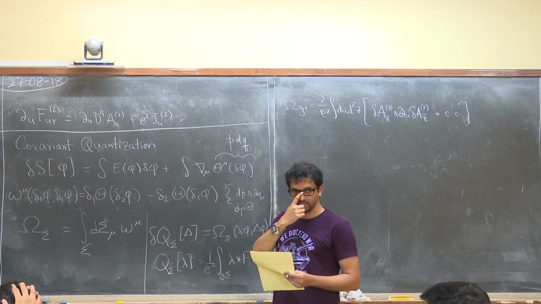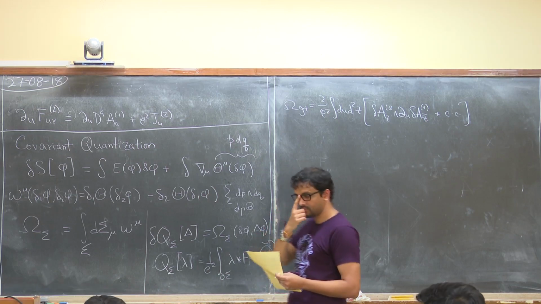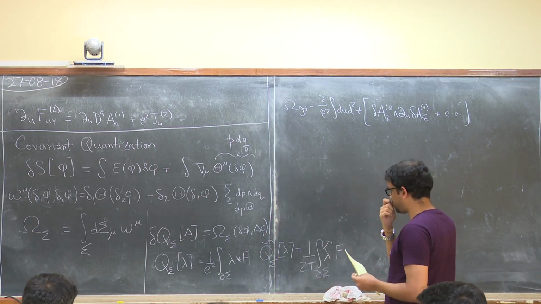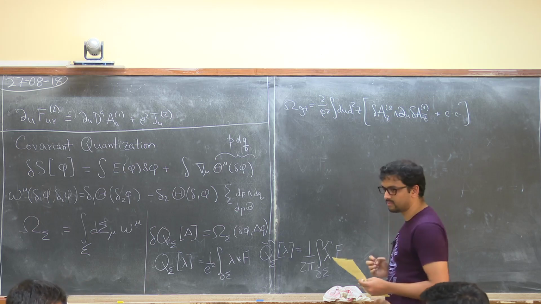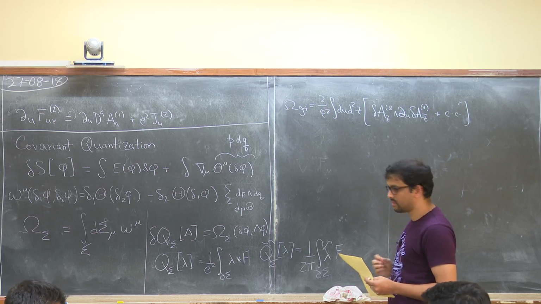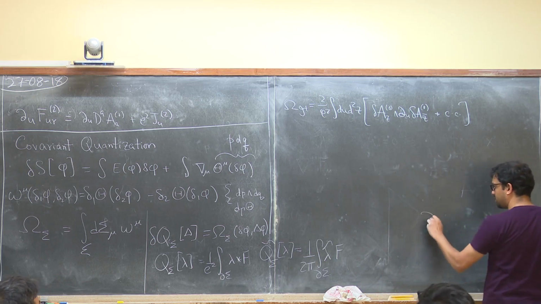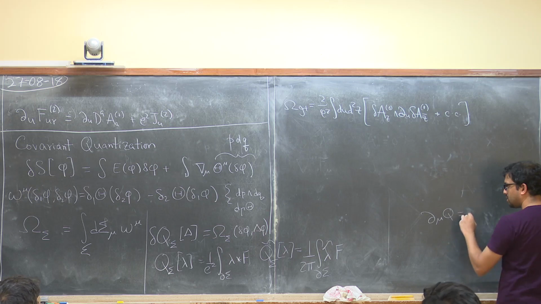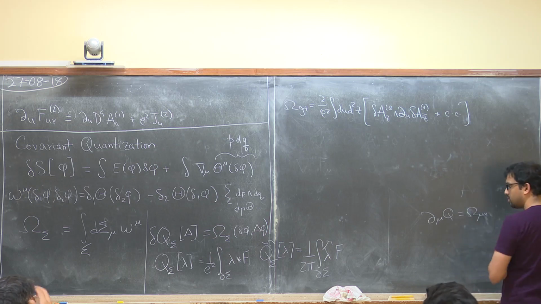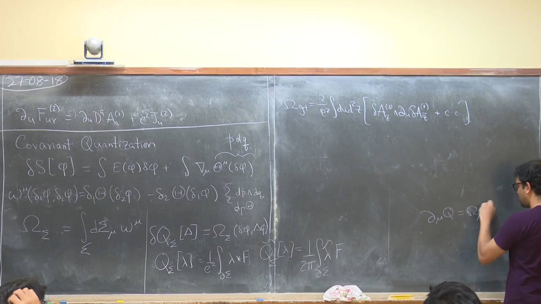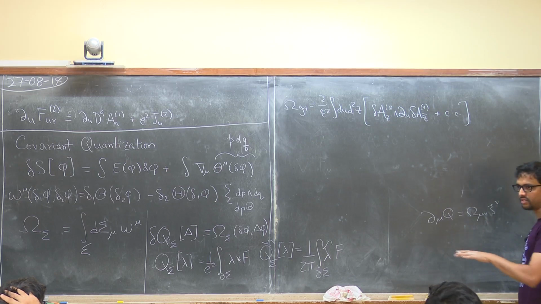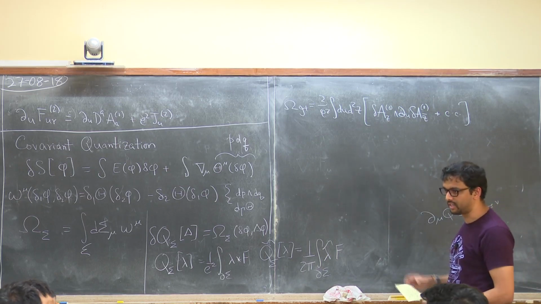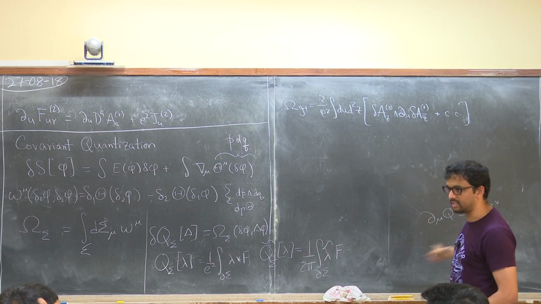More like omega with lower indices on the right hand side, contracted with the vector field. That's correct. The left hand side will be del mu of the Hamiltonian. So let me just write down this equation: del mu Q is omega mu nu, and on that side is a delta, with psi mu being the infinitesimal vector field that's generating delta at a point. Right, this is that equation.